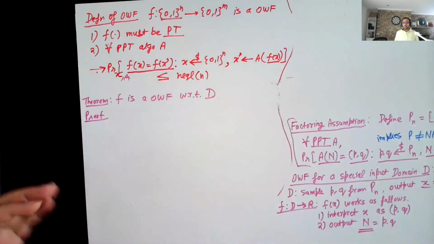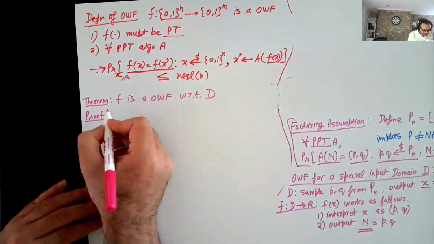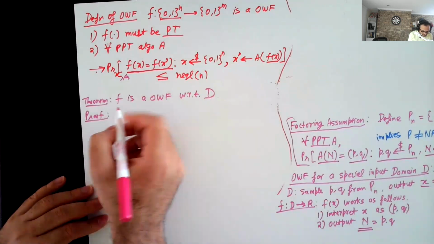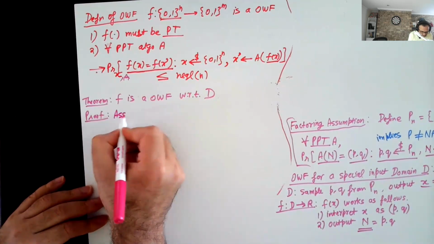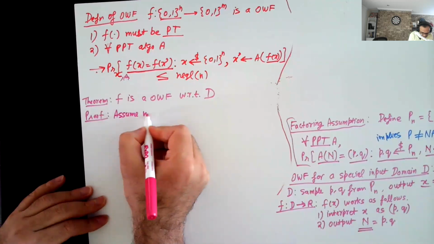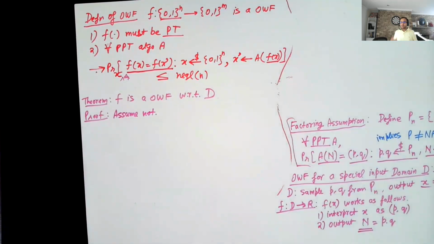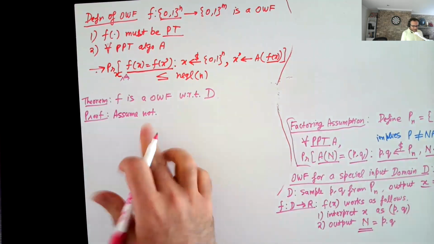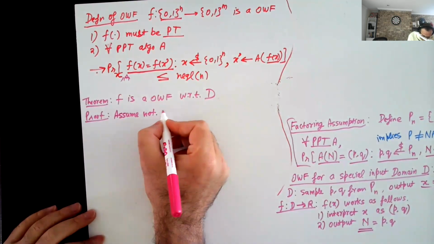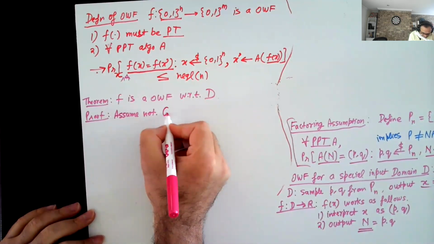Almost all the proofs in cryptography are done using contradiction. So assume that f is not a one-way function. Then what you want to do is construct an algorithm A to break the factoring assumption. Okay, so assume not. So suppose you are given,